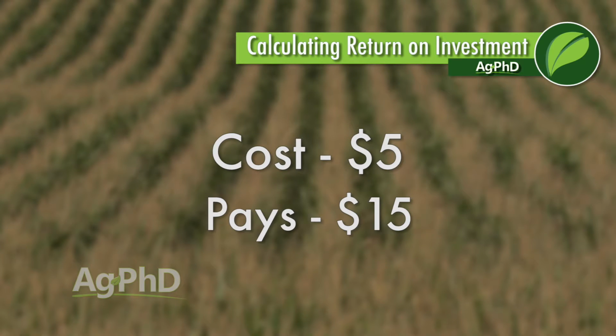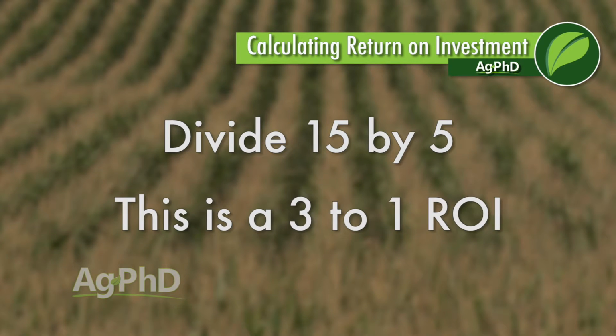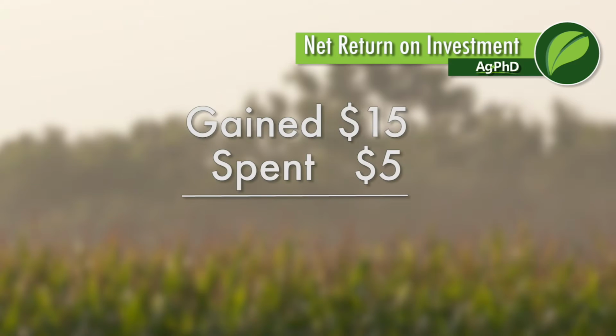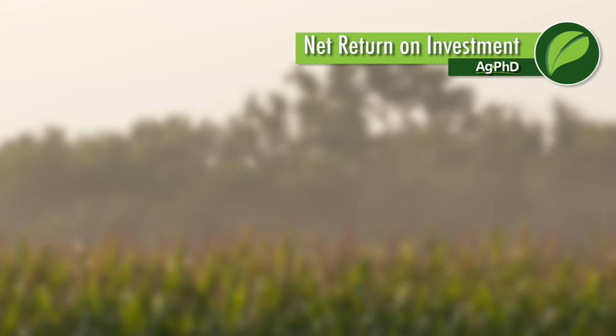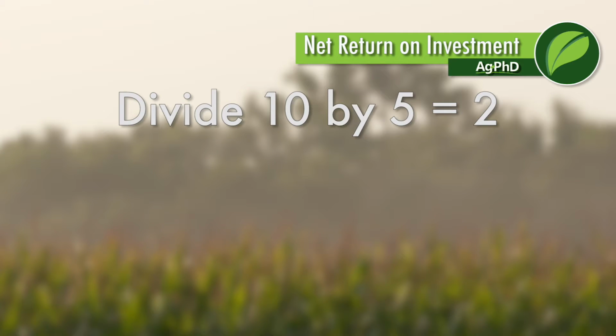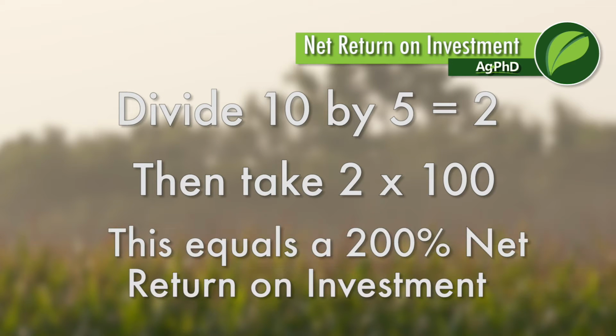it pays $15. All right, so you can simply divide the one by the other. You can say, oh, it's a 3-to-1 return on investment, but what we always like to look at is, what's the net return on investment? So to get the net, you have to subtract off what you spent. So if you gained 15, but you spent 5, that's a gain of $10. So your net return on investment, dividing 10 by 5 and multiplying times 100 is going to be 200% net